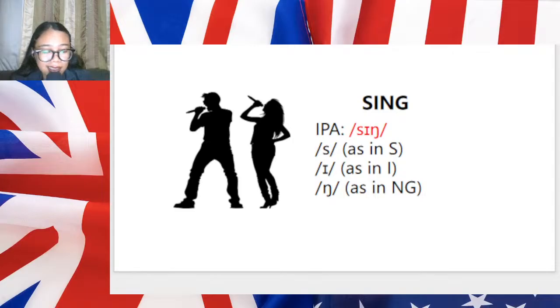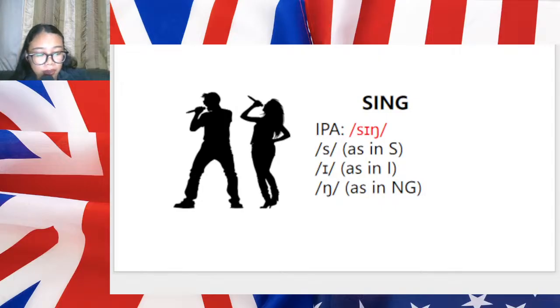So when you look at sing, you are seeing the precise and unambiguous sounds of the word sing, despite the spelling having four letters, S-I-N-G. The IPA shows us it only has three letters, three distinct sounds, thanks to that sound. Okay? Well,